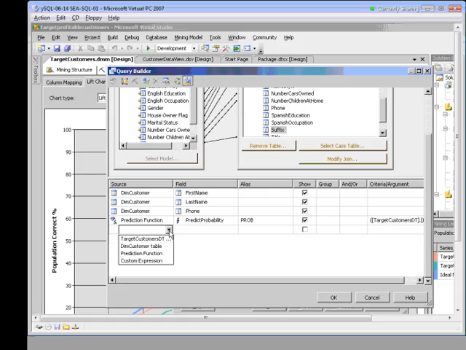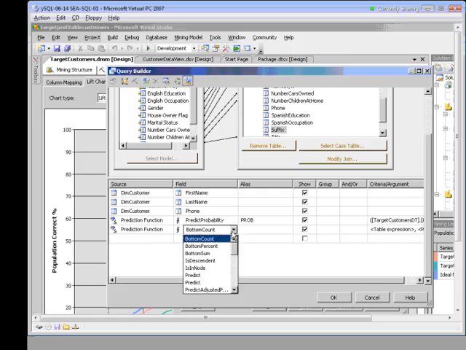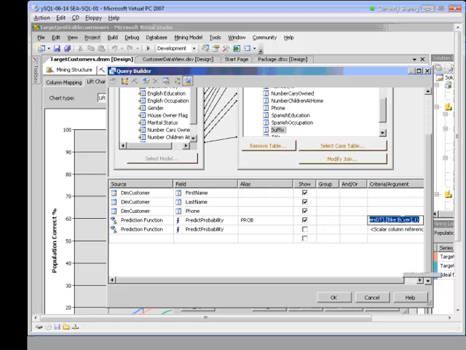Okay, so we're going to go through and do the same thing here. Same here. I don't need to put a label on this one. I'm going to clear my show so this doesn't actually come up. So to populate this criteria, I'm going to highlight this one. Instead of typing all that in again, copy and paste. Now I want to add that percentage here, so greater than 0.4528. Press enter. I think we're all good to go now.